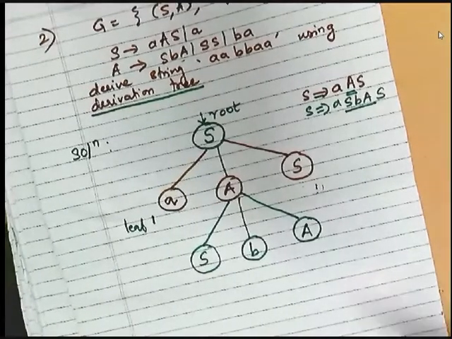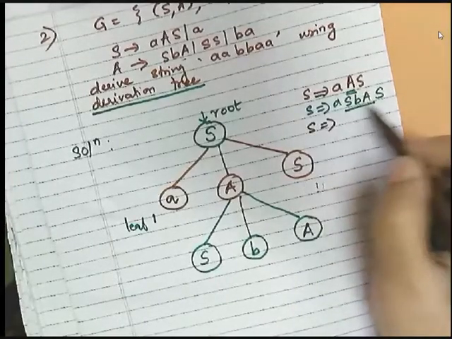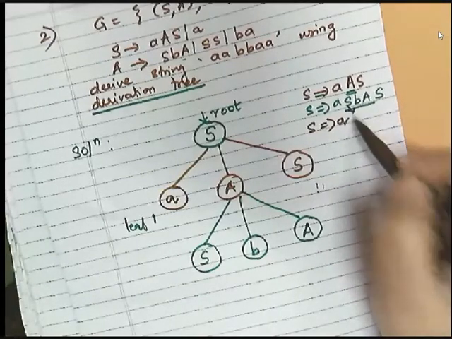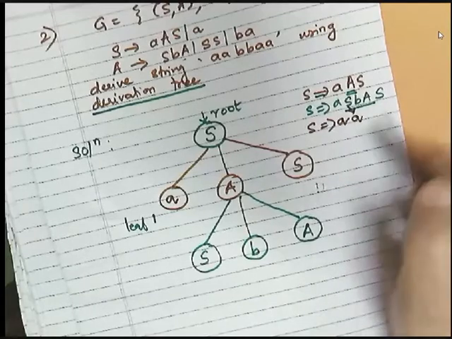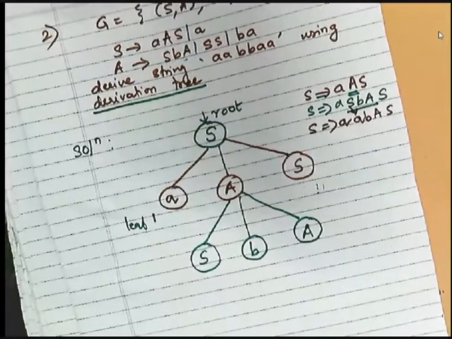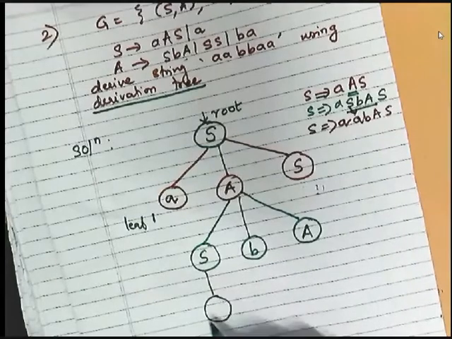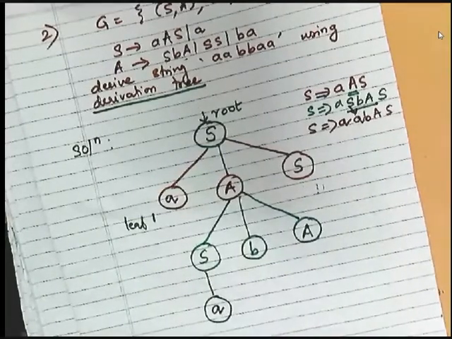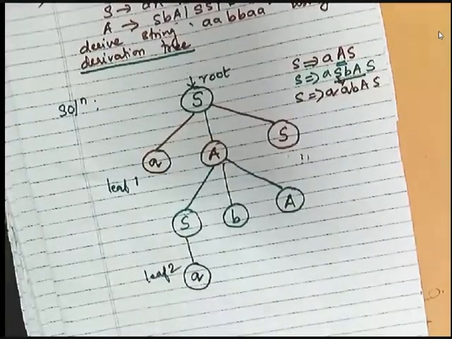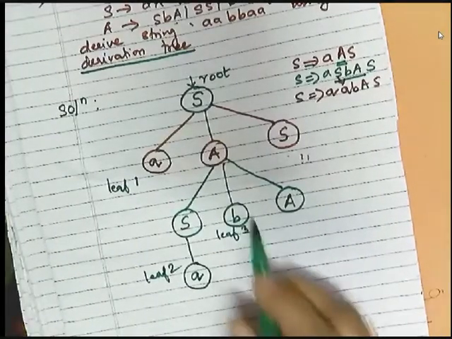Okay. Next, what have we used? We have used the next rule as S produces. Since we are using the leftmost derivation here, we have replaced this S with A, right? Then B and then AS. Okay. So again, what we have to do is go for the next derivation. So it is going to derive the string A, which will be your leaf 2. Next, this is also acting as leaf 3 because you cannot derive this.